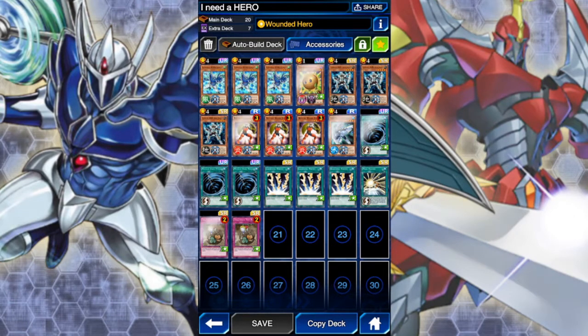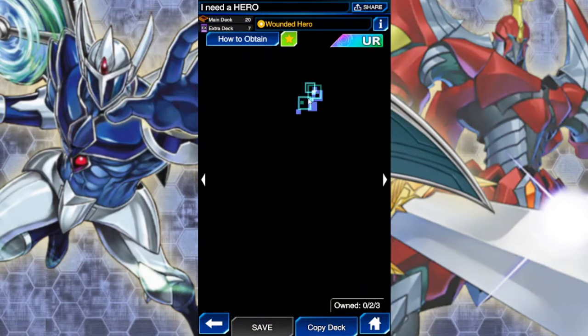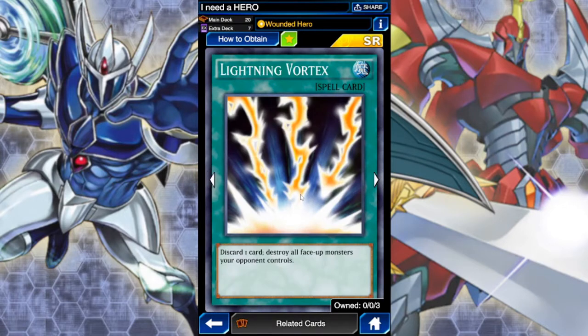So it does look probably a little bit weird that we are having Battlin' Boxer Surveil, a hand trap, a card that we want to keep in our hand. Sphere Kuriboh, which we only play like the 4th copy of Battlin' Boxer Surveil. If Sphere Kuriboh were a level 4, yeah, we'd probably play it at more copies. But yeah, the whole combo, Stratos into Bubbleman, and use cards like Lightning Vortex to discard cards from